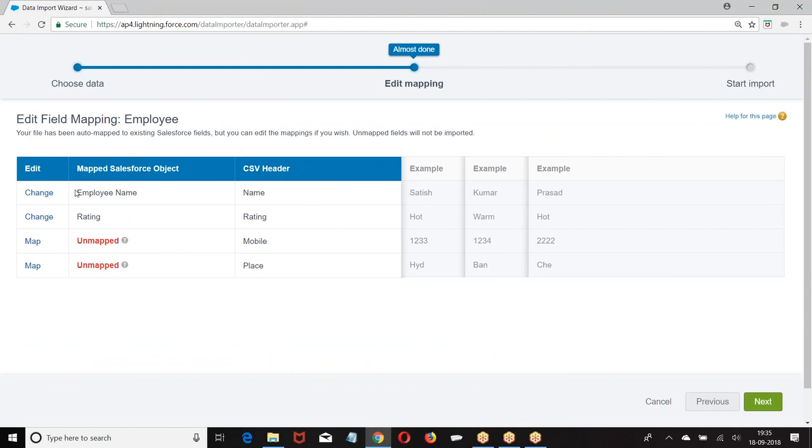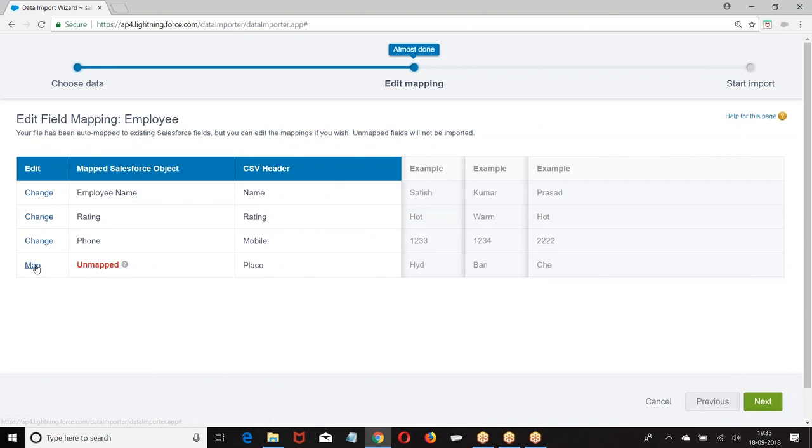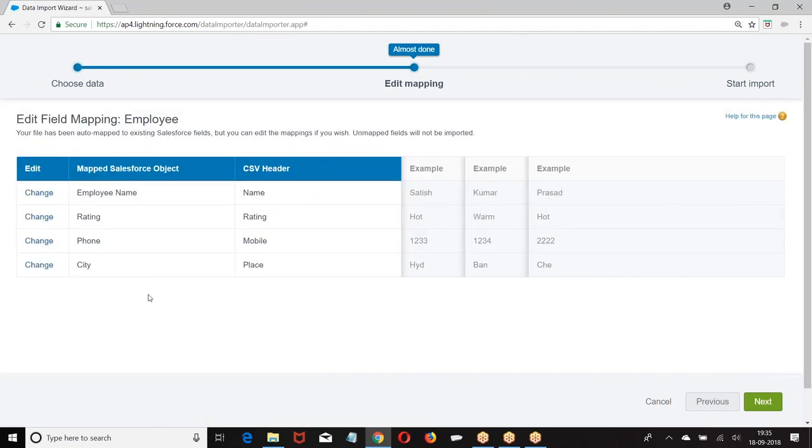Employee name is mapped with name. Rating mapped with rating. Mobile, I give in the CSV file; mobile should be mapped with the phone number. Place should be mapped with the city. Next.